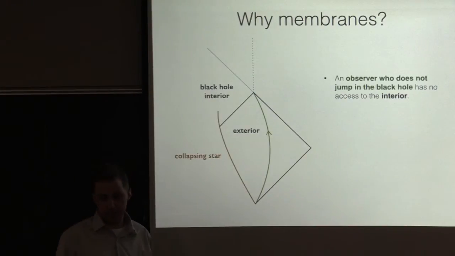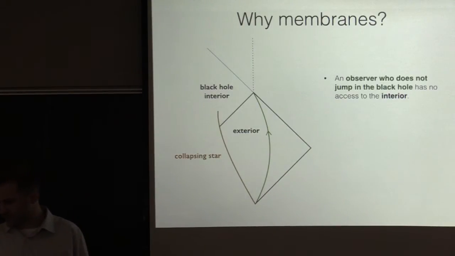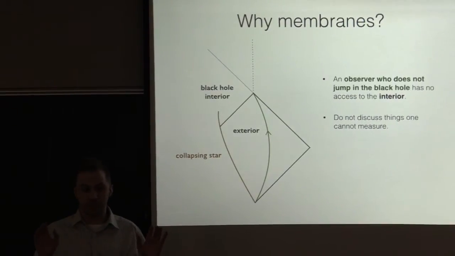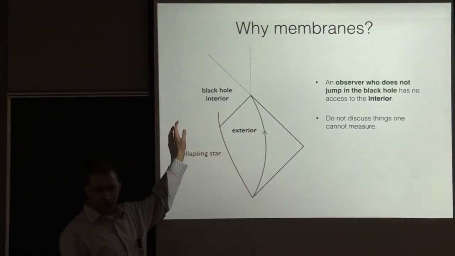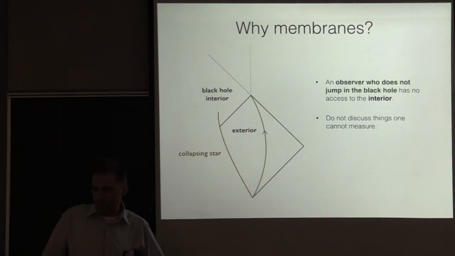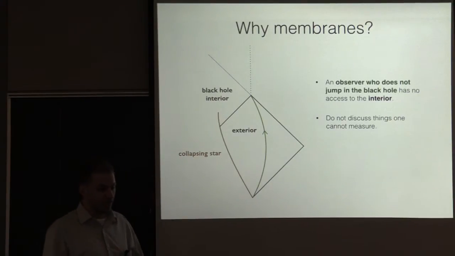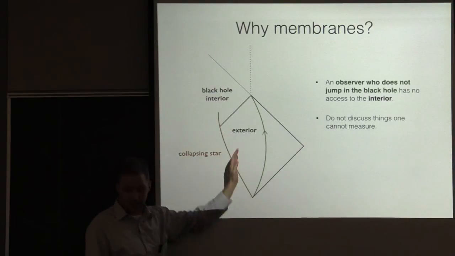And an example of such an observer is an astrophysicist, because astrophysicists spend their whole lives studying black holes, but they never go inside them. Okay. And then the next thought is that a principle of physics is try not to discuss things that can't be measured, even in principle. Okay? And for this family of observers, they can never measure anything about the black hole interior, even in principle. And so what we're going to try to do is formulate all of their calculations in a way that never references the black hole interior. It seems like it must be possible. After all, by definition, signals from the interior can't affect anything in the exterior.